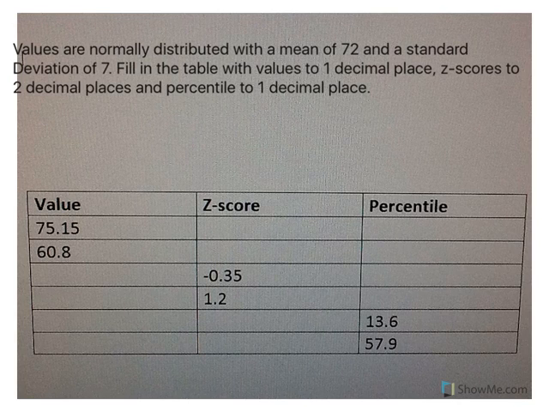Values are normally distributed with a mean of 72 and a standard deviation of 7. Using that information, we are going to fill in the table with values to 1 decimal place, z-scores to 2 decimal places, and percentiles to 1 decimal place. Okay, here we go. First one says the value is 75.15, and we need to find the z-score and the